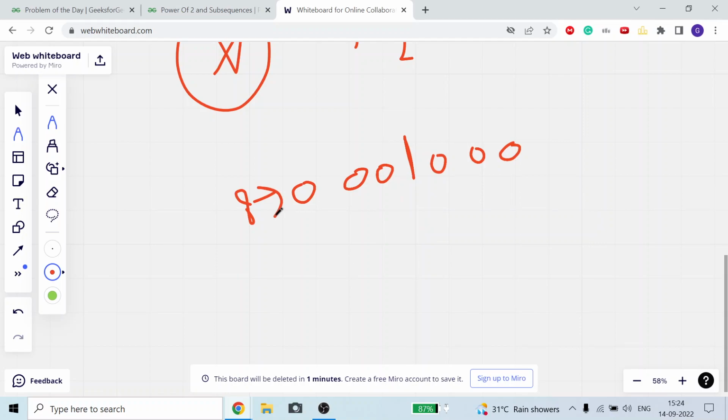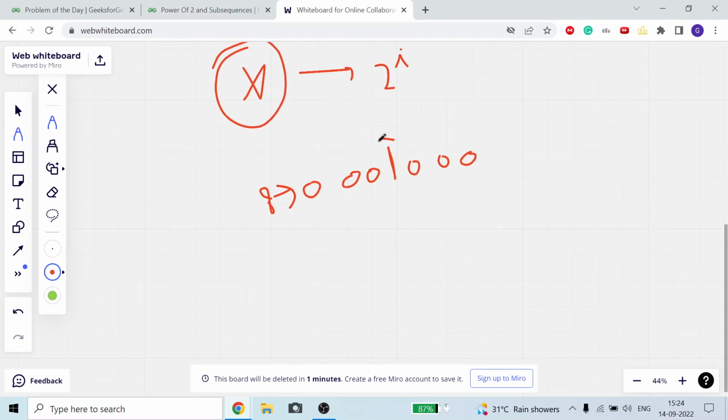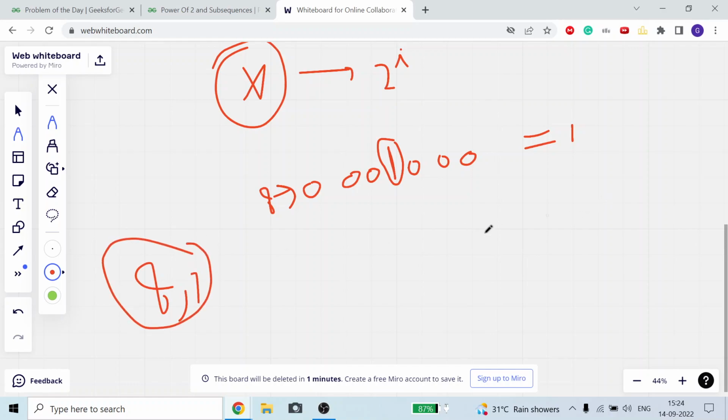Now, how will we find whether a particular number is a power of 2 or not? Simple. You can check that the count of set bits is equal to 1, or there is one simple way of doing it: take the AND of 8 and 8 minus 1, that is 7. If the AND of these two numbers is equal to 0, then it is a power of 2. How? This is a very simple mathematical formula. If you are familiar with bit operations, then you should know it. 8 is this. If we subtract 1 from it, then all the bits before this bit are set, and from this bit onward all the bits are 0.